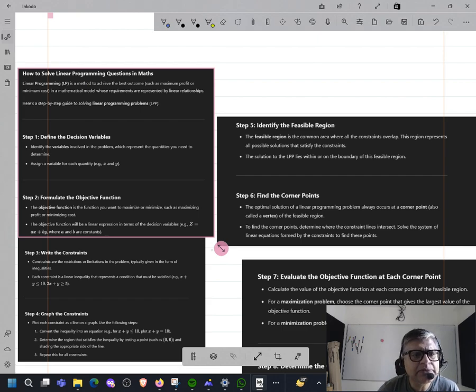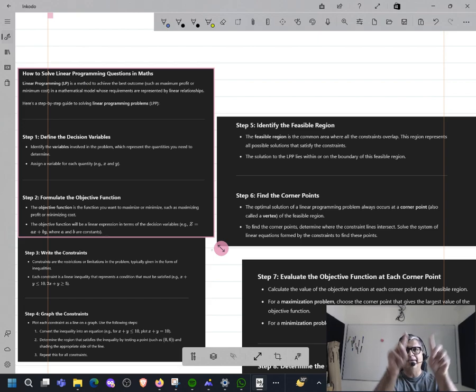Okay? Let's move forward. So what are we trying to do? We want to get the best outcome for something, which is our objective function. Maximization of profit, least cost, least loss. Okay. First step, define the decision variables, which means what? In the question which we did earlier, we were discussing tables and chairs were to be decided. How many tables should I buy? How many chairs should I buy? Right? Those become decision variables.